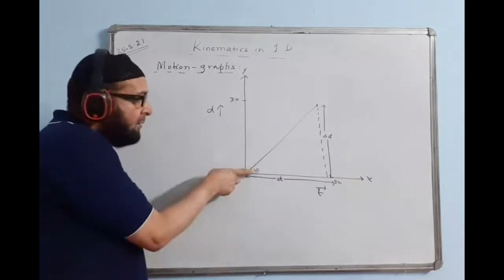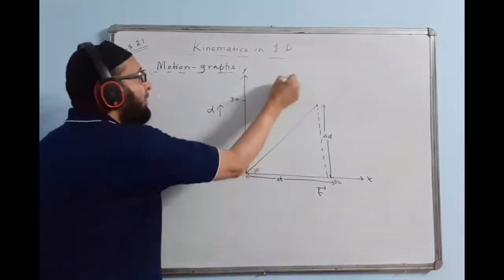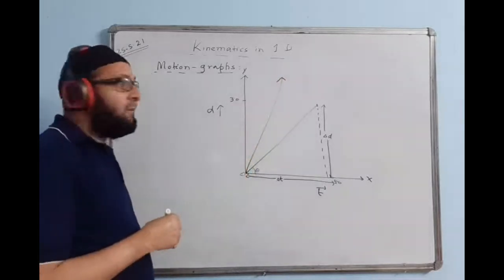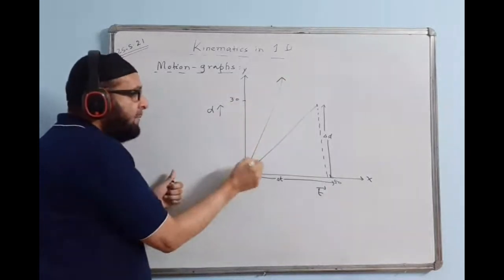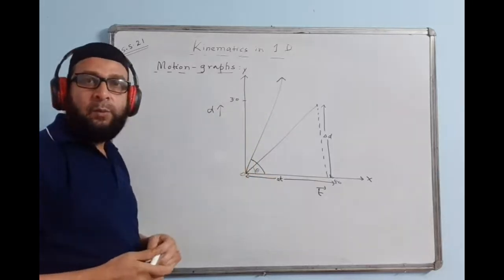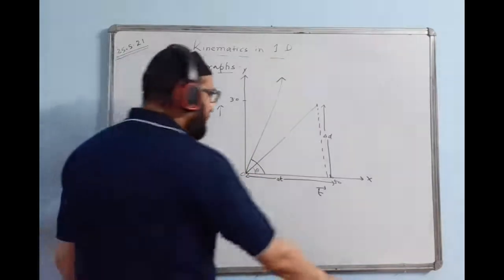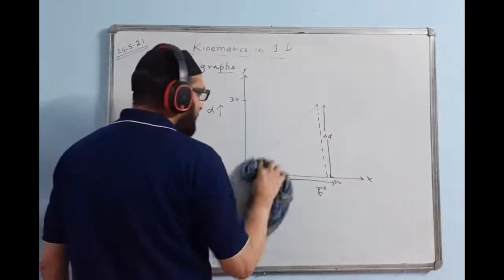Slope is this angle. One line is here and another line is shown this way. Which of them has a greater slope? We'll say the second line, because this angle is becoming more. The second line has a greater slope, but positive only, because it's going this way. So it has a positive slope. Okay.